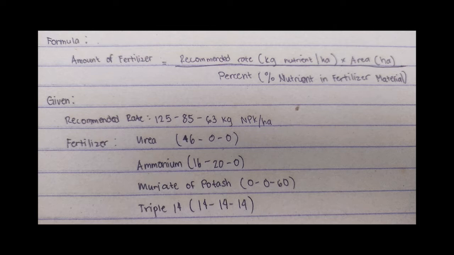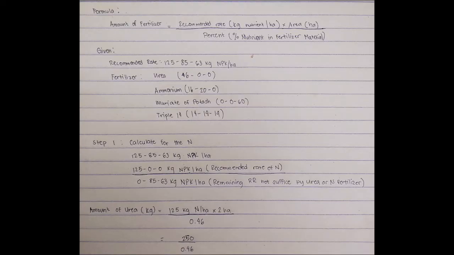To suffice the recommended rate, I apply urea as fertilizer, which is 46-0-0, which means it contains 46% nitrogen. The other one I use is ammonium phosphate, which contains 20% phosphate. Another one I use is muriate of potash, which contains 60% potash, and another one I use is triple 14, which contains 14% of each nutrient. Now I calculate the amount of fertilizer needed to suffice the recommended rate of 125, 85, 63 kg NPK